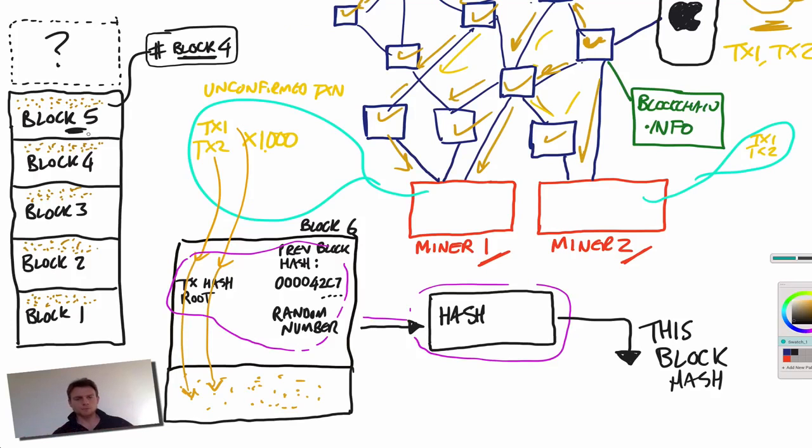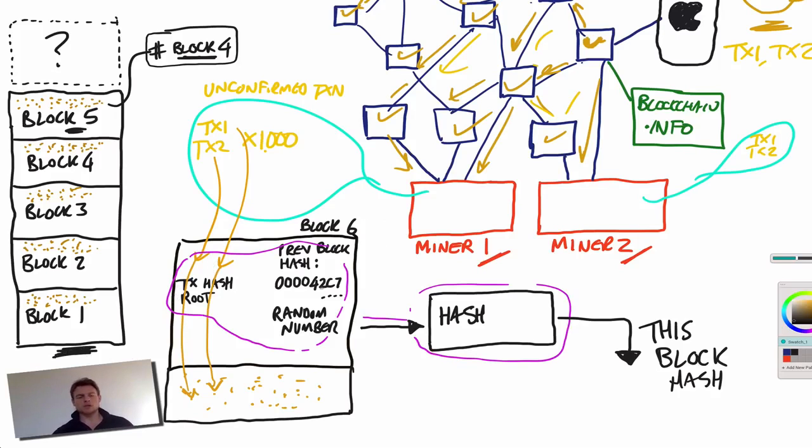So the blockchain aspect of it is that each block is hashed, or at least certain key fields within each block, called the block header, are hashed through this hash function, SHA-256, and part of that is a reference to the previous block hash, right? So we basically have an immutable chain of references going right the way back to block 1, the very first block in the chain. So with that in mind,